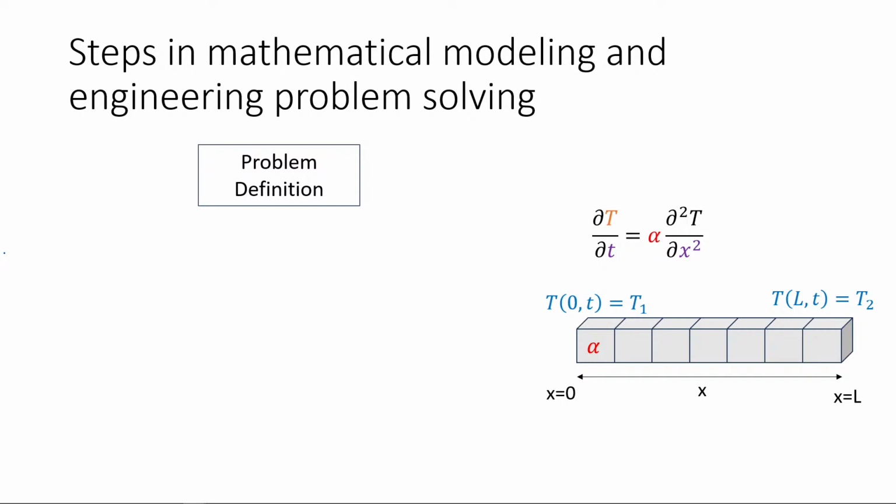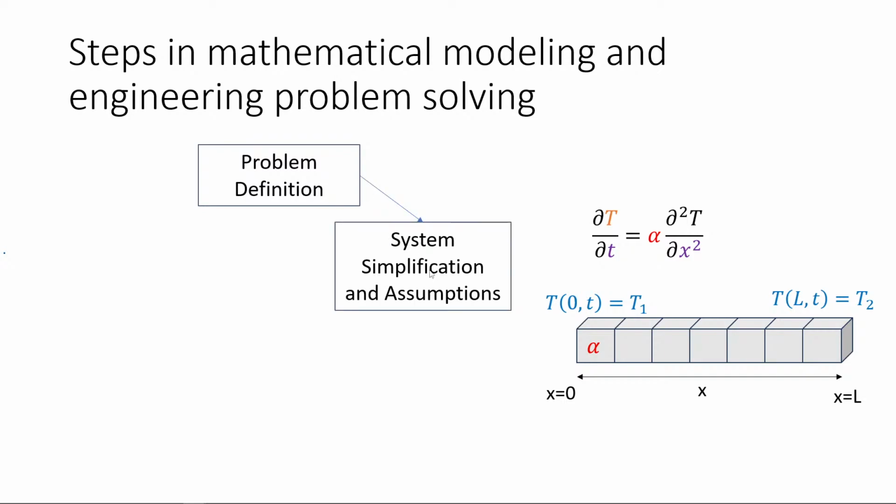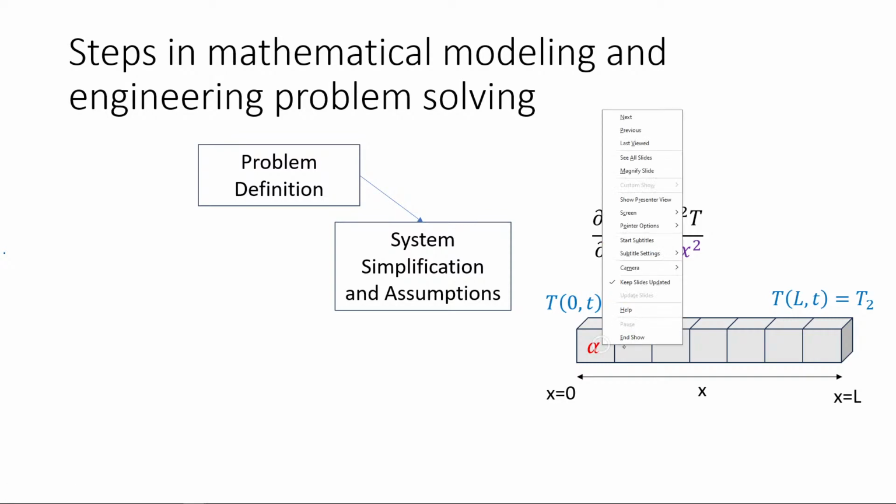Okay, so the first step is problem definition, and then system simplification and assumption. So basically, based on the problem definition, you start to simplify the system. So for example, I can here neglect, if I just want to see the temperature here,